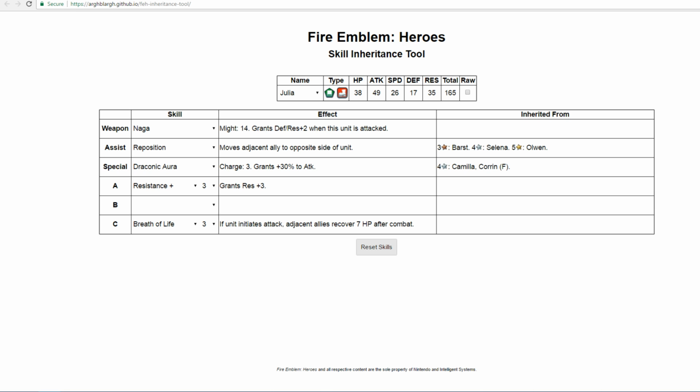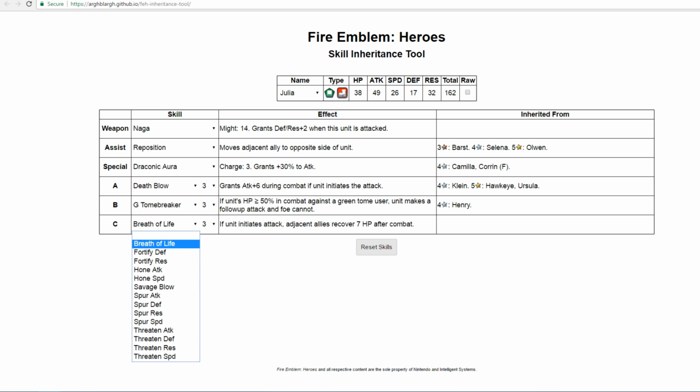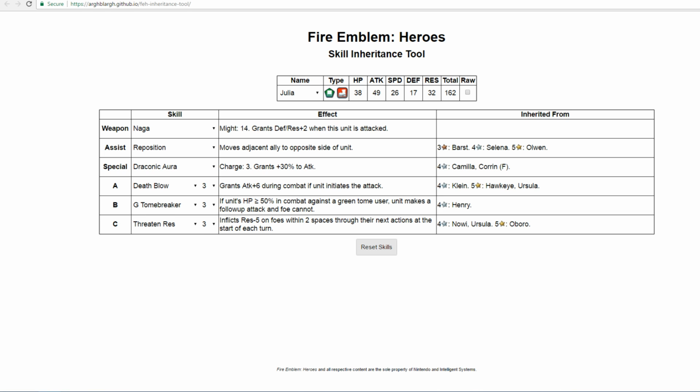It's a much more consistent skill in my opinion. And for slot B, we're gonna give her Green Tome Breaker. And slot C is up to the player's preference. In my opinion, I like to go with Threaten Resistance because she is able to do much more chip damage